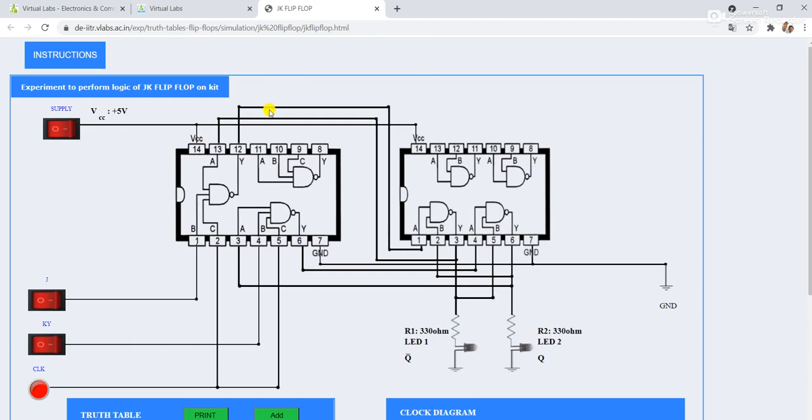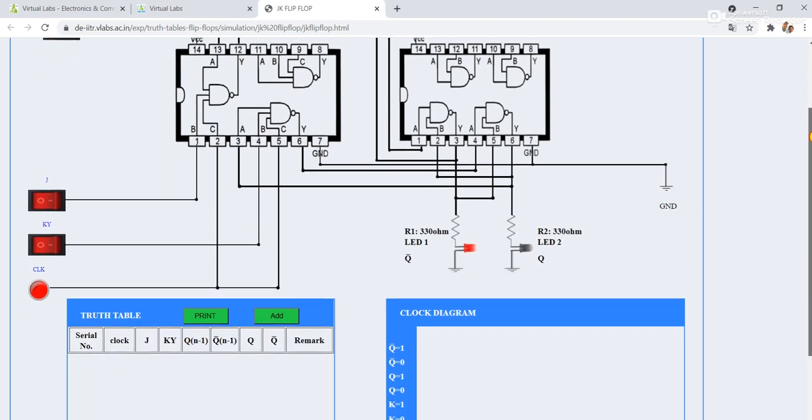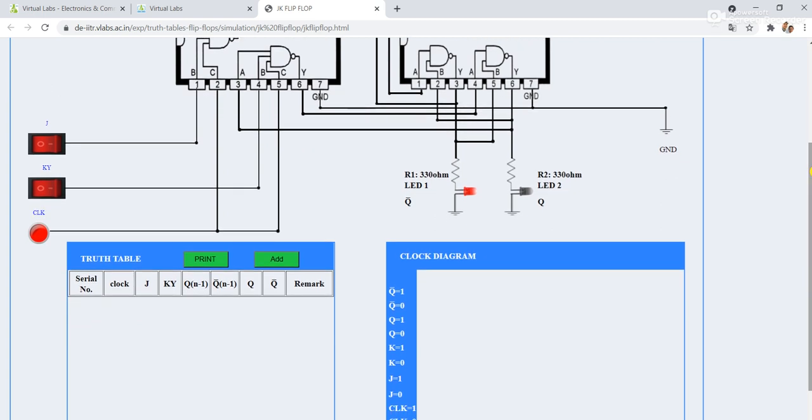Okay, so our first task is to connect this power supply, that is plus 5 volt, to the VCC pin. Then we apply the value of J and K with the help of this clock pulse. So the present condition is J equal to 0, K equal to 0, clock is off.